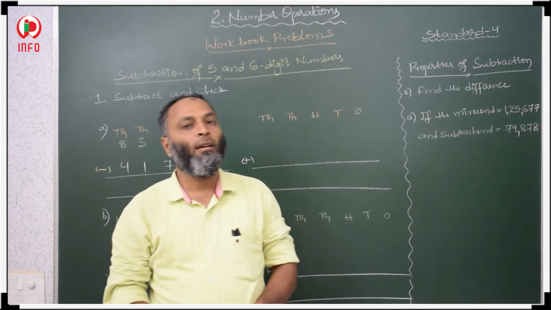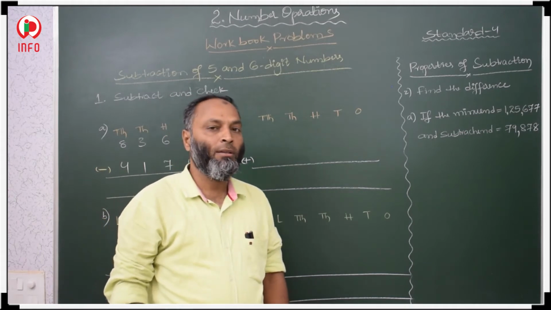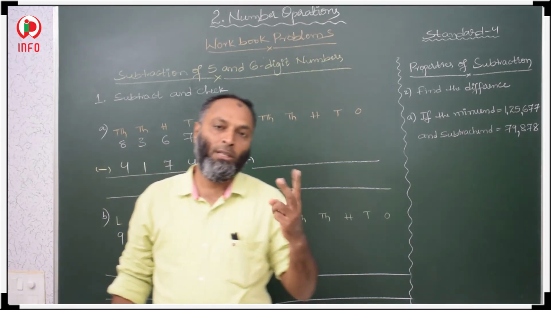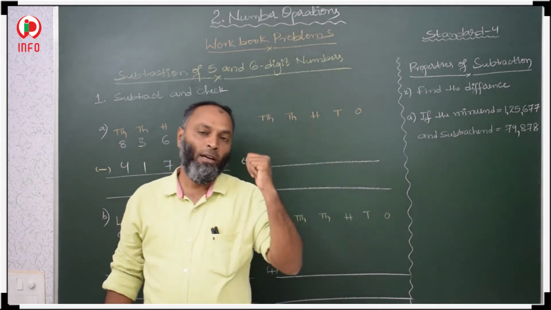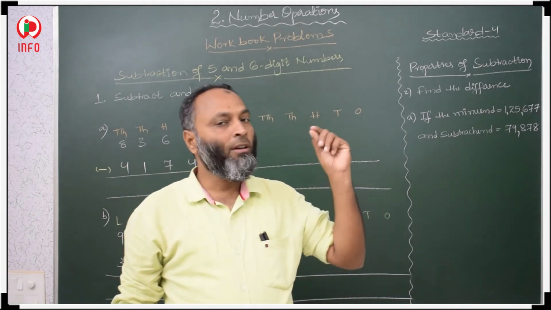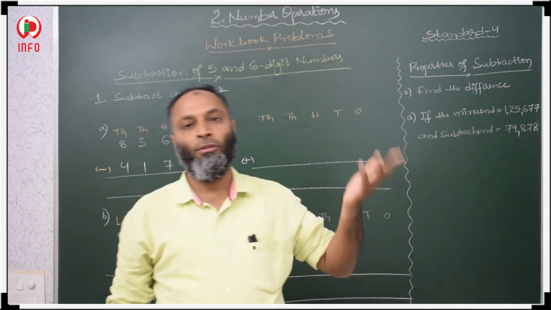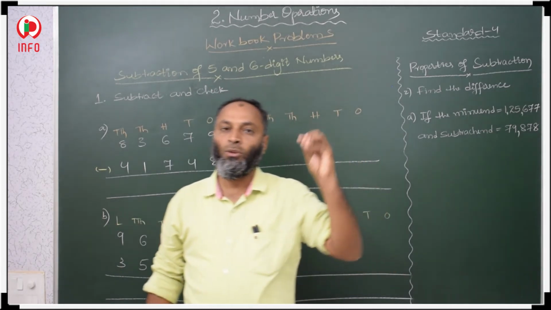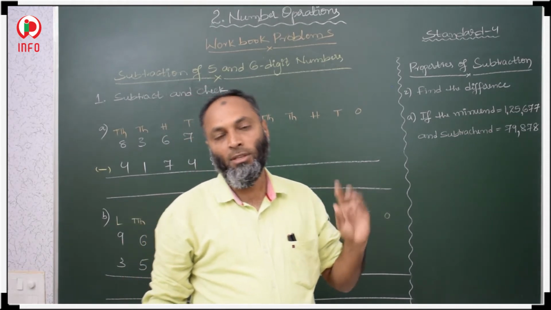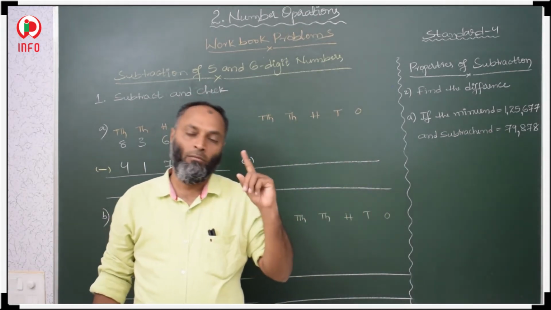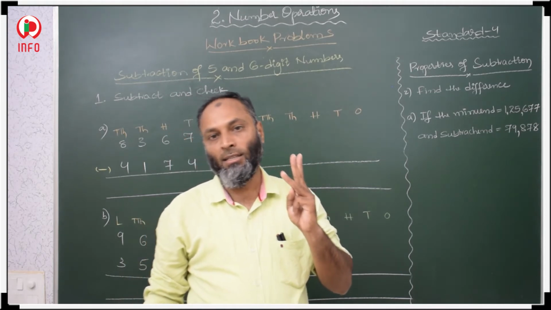Now students, in our next topic we are going to discuss subtraction. How to subtract? What is the minuend, what is the subtrahend, and what is the difference? These three things are there. In addition, the two things are the addends and the sum. Whatever numbers we add, whether 2, 3, 4, 5 or 6 numbers, are called addends, and the answer is called the sum. In subtraction, there is the minuend, then the subtrahend, and the last one, the answer, is the difference.